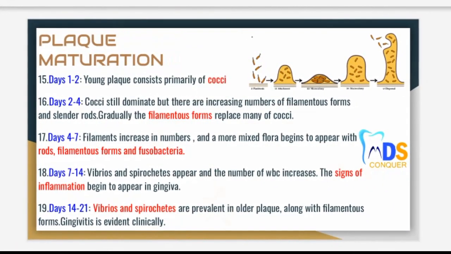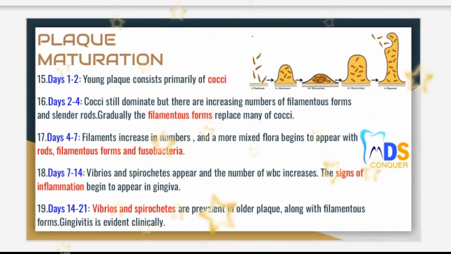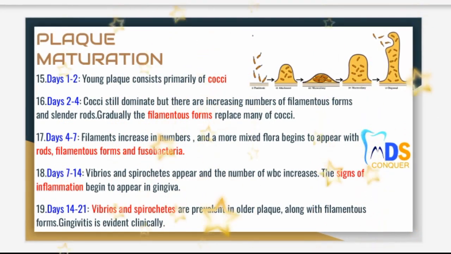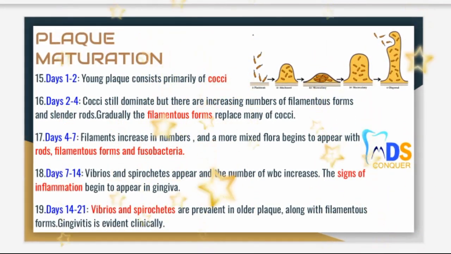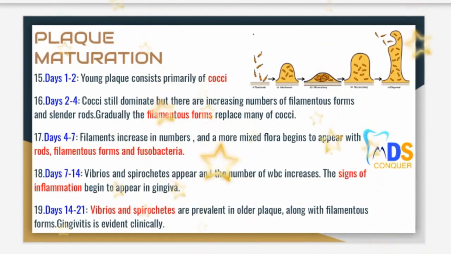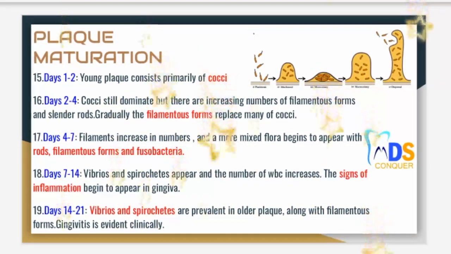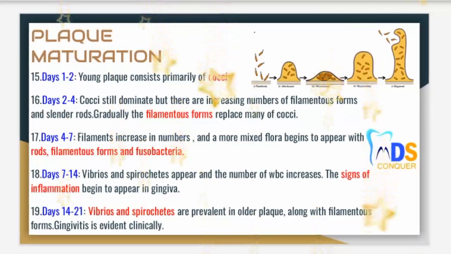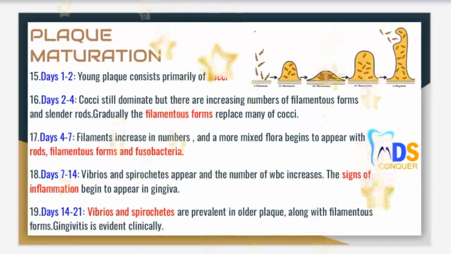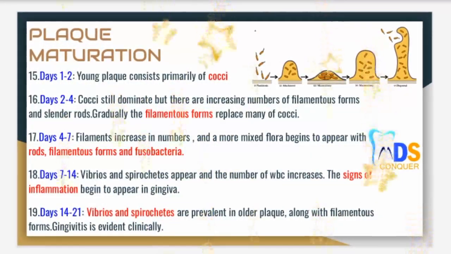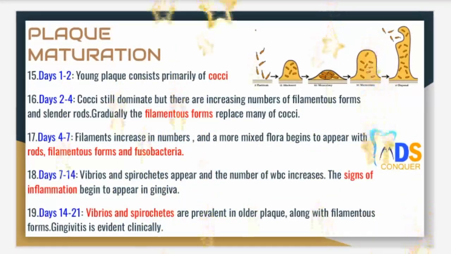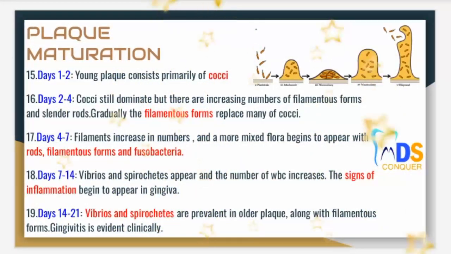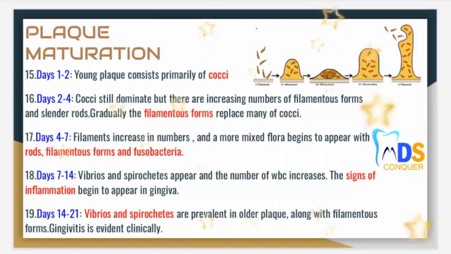Now let's study plaque formation. Point number 15. On days 1 and 2, young plaque consists primarily of cocci. From the 2nd day to the 4th day, cocci still dominate, but there is an increasing number of filamentous forms and slender rods. Gradually the filamentous forms replace many of the cocci. From days 4 to 7, filaments increase in number and a more mixed flora begins to appear with rods, filamentous